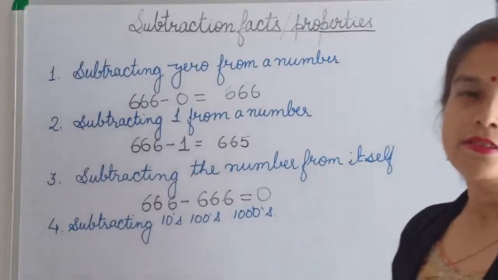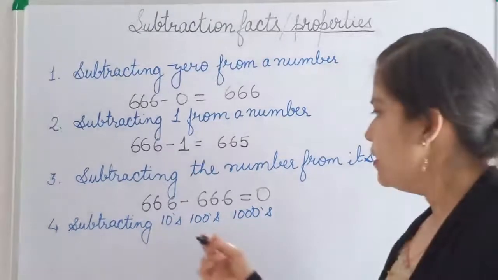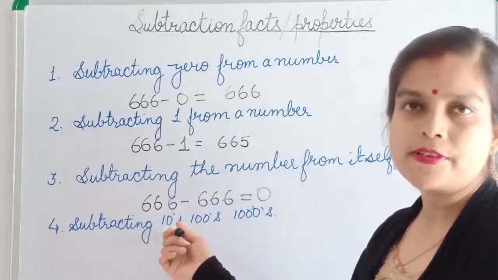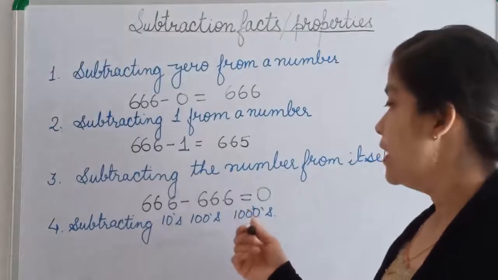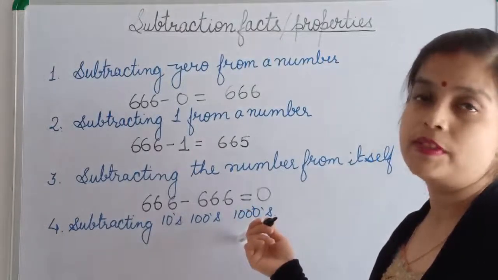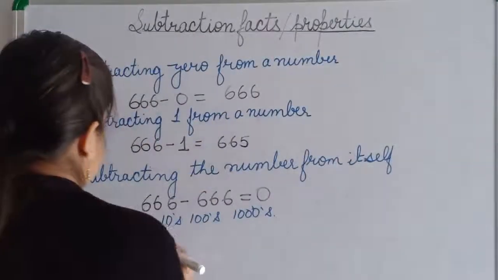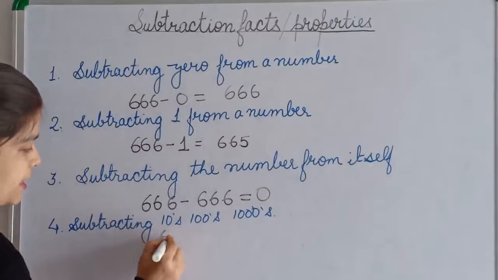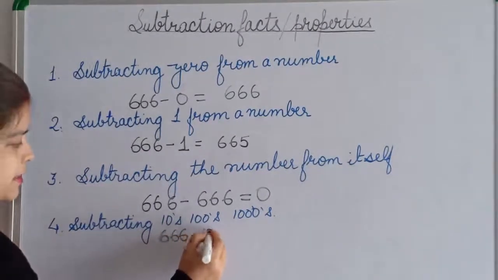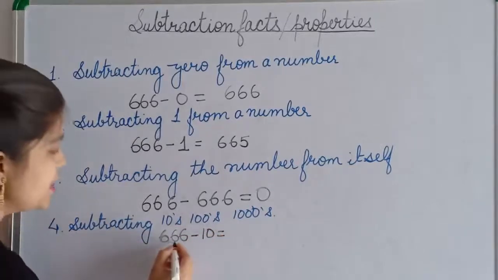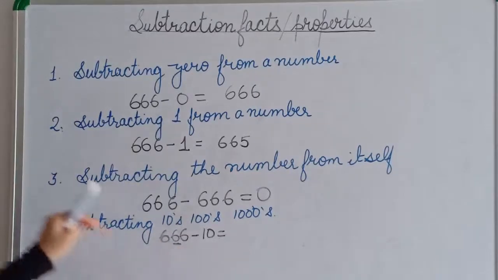So simply we can do subtraction by reducing the number in the tens place when we subtract 10. When we subtract 100, we reduce the number in the hundreds place by 1. And when we subtract 1000, we reduce the number in the thousands place by 1. For example, when we subtract 10 from 666, what will we get? We will only reduce the number in the tens place. That is, 6 will reduce by 1, it will become 5. So our answer will be